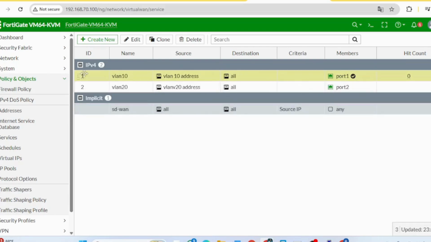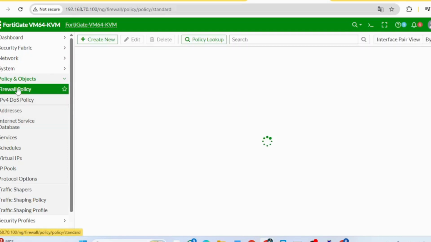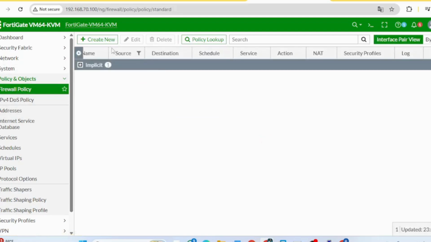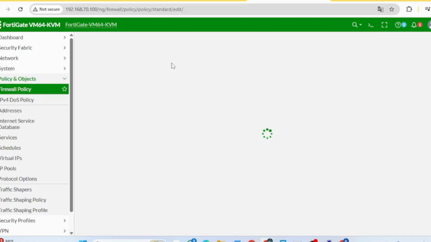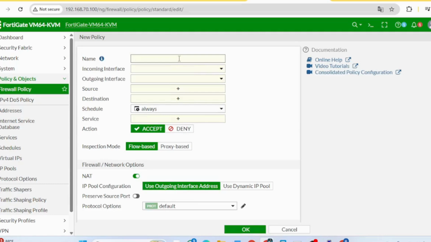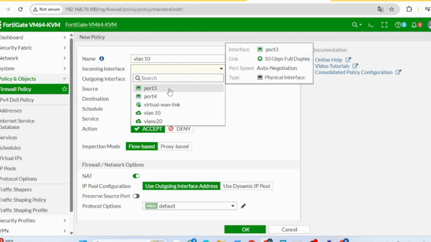Now with both of them, we can go to the firewall policy to create a new one and name it VLAN 10 like before, with incoming interface of VLAN 10 and outgoing interface of the virtual link.